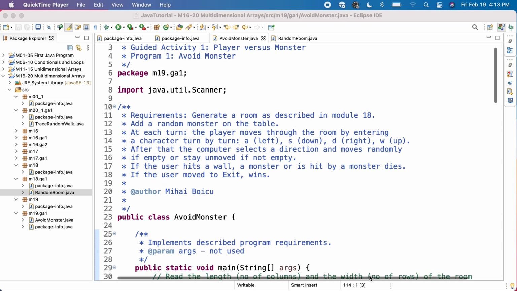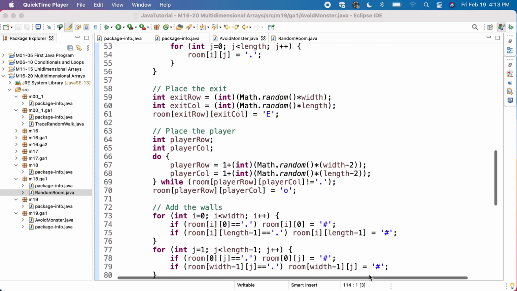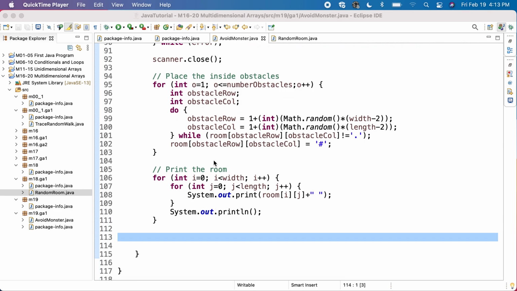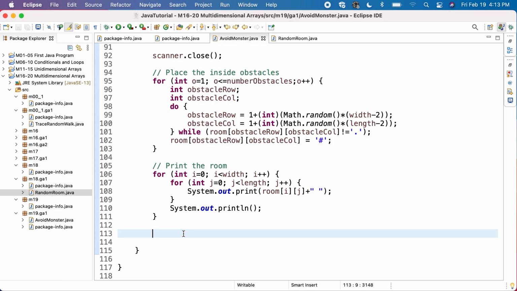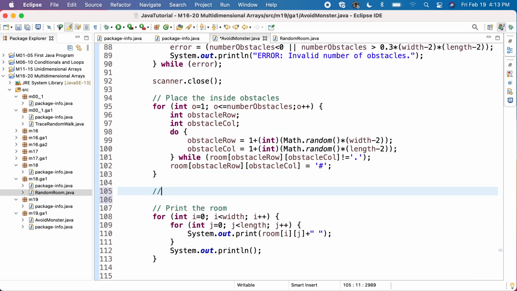And we'll start with the code in Module 18. In that code, we just printed the room, the initial form of the room after the initialization. What we'd like to do now, before we print the room, is also place the monster, besides the obstacles we already place. So let's place the monster first,